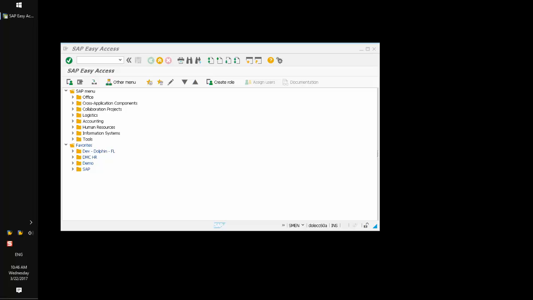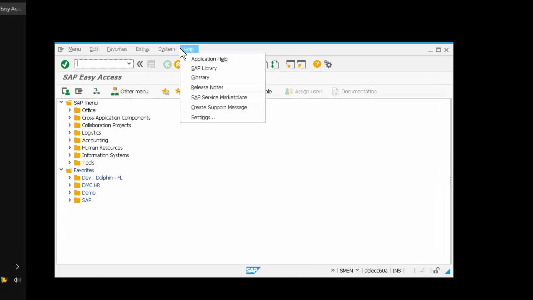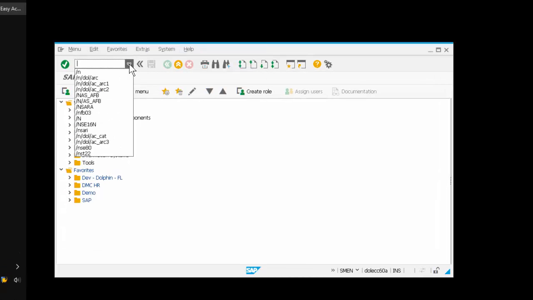This is part 2 of the demo. We'll explain the area menu as well as how to model retention in the archive retention cockpit. The area menu for the tool